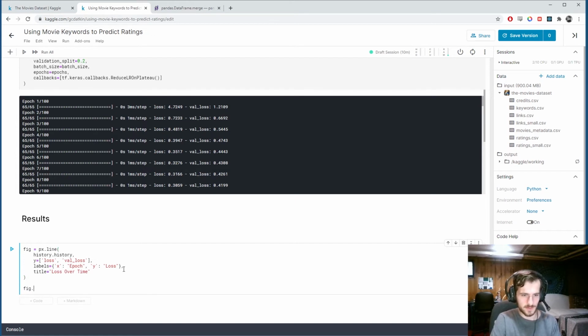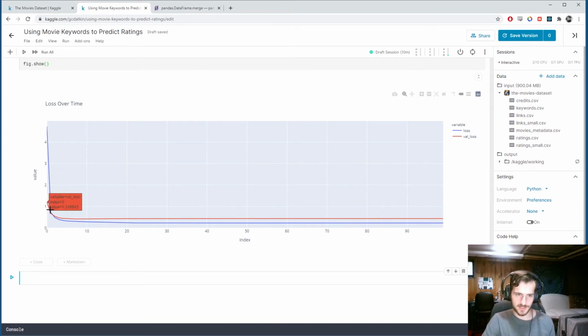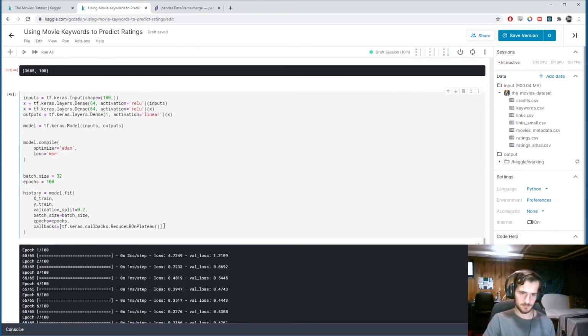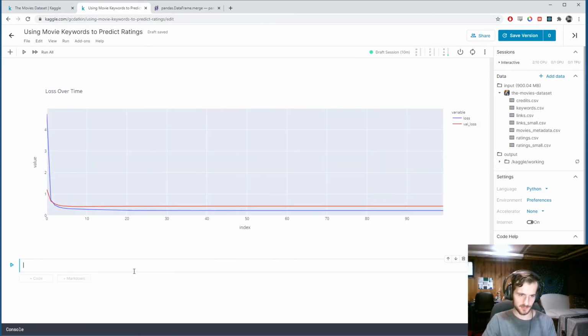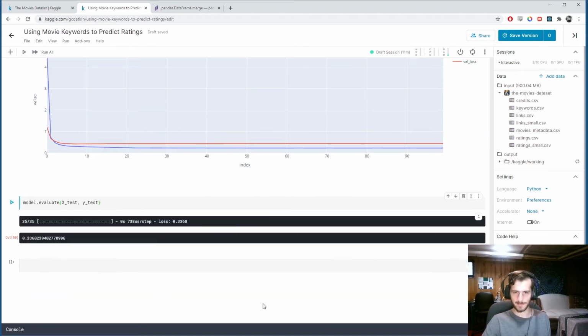Alright, fig.show. Alright, and we can see it's converged, mainly due to this callback function. Here, I could get rid of it, and we'll try training again, but first let's just see. So doing this, evaluating, isn't really helping so well because we don't know what a mean squared error of 0.33 means in this context. We don't have a really good metric of understanding how well we're fitting, so I'm going